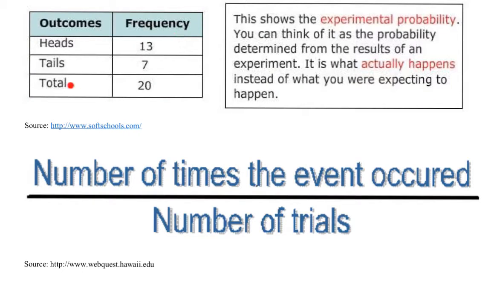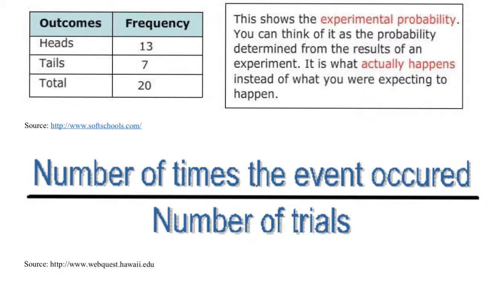Which that experiment is here, only they did it 20 times and they actually went and recorded it. So here the probability of heads being flipped would be 13 out of 20. Tails would be 7 out of 20. Because you're putting the number of times the event occurred over the number of trials when you're finding experimental probability. So that's why it's important to realize when you're being asked for the experimental probability and when you're being asked